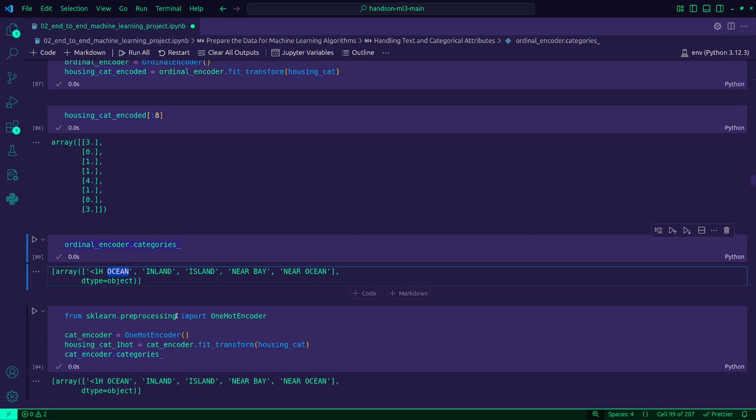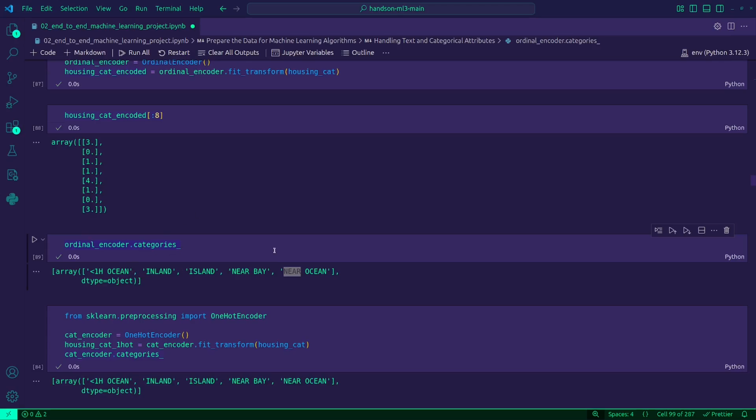Now, why can this be a problem? If the model sees these categorical values numerically, it is going to see a 0 here, a 1 here, a 2 here, 3 here, 4 here. If we had more categories, we would continue. The algorithm would think that this category here, near ocean, is somehow in a hierarchical way greater or better than this one, because this one is 0 and this one is 4.